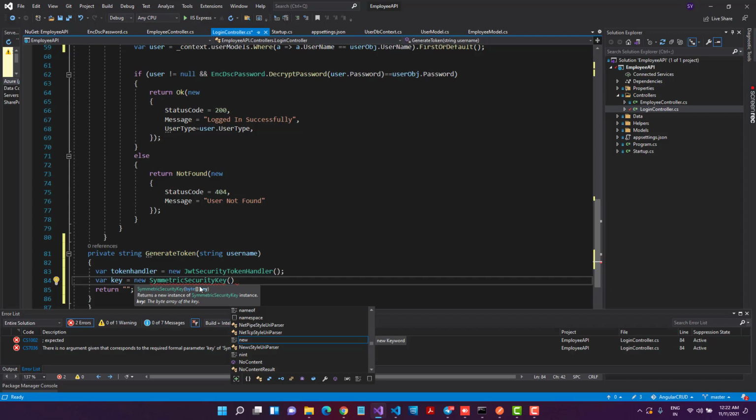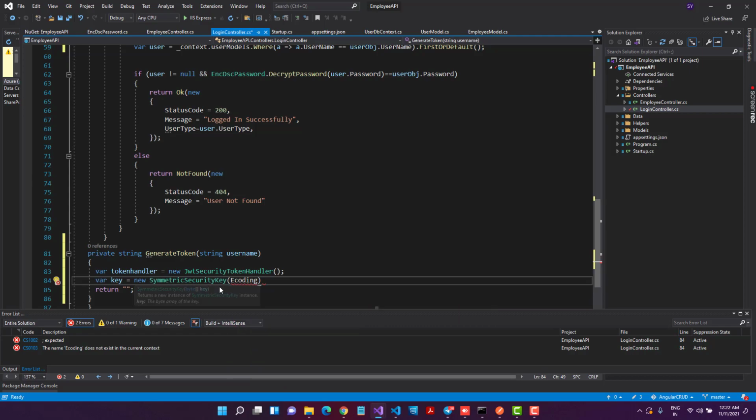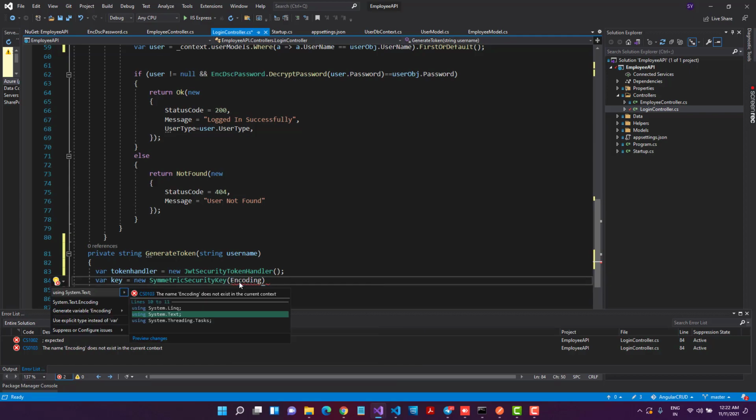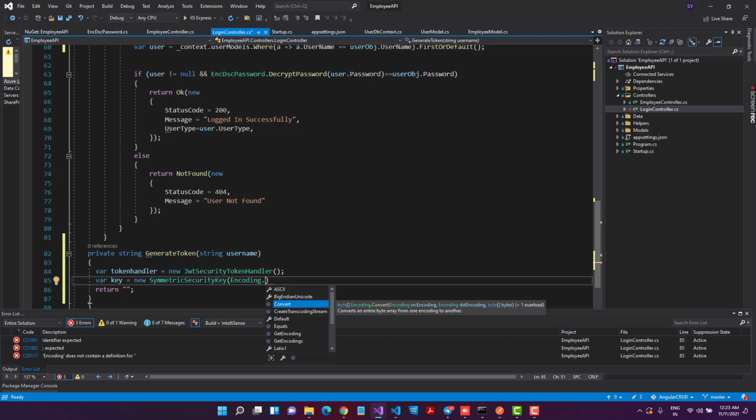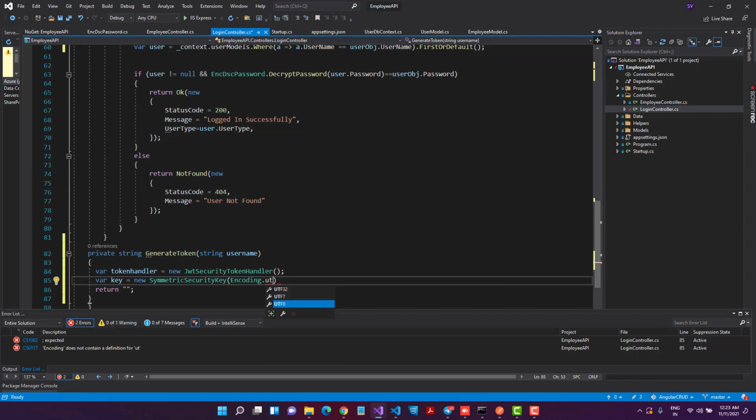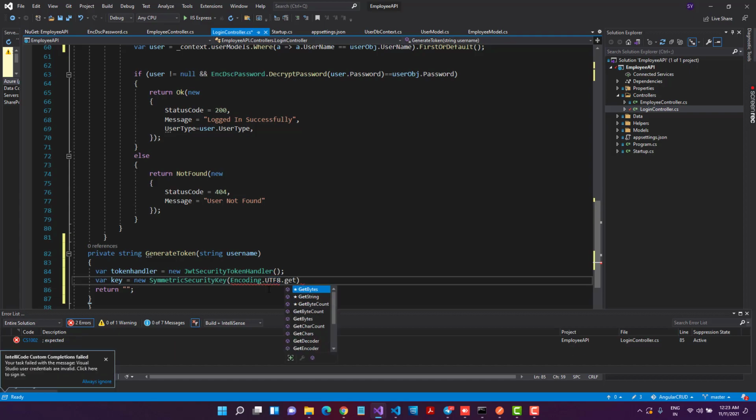We require the key in terms of bytes, so we'll use Encoding, import it using System.Text, and then UTF8.GetBytes, and we will have to pass a security key.